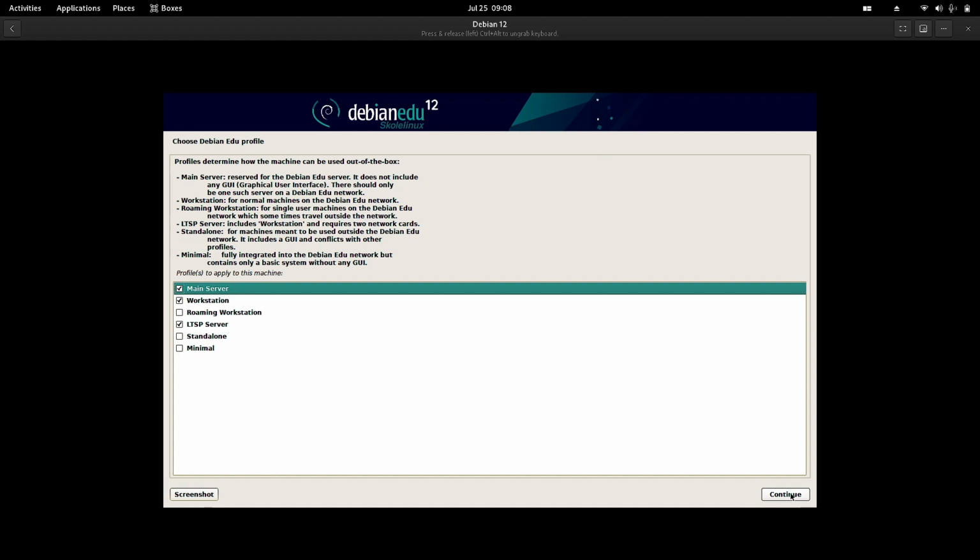Then there is a roaming workstation profile for single user machines on the Debian Education network which includes some time travel outside the network. The LTSP server is there, which includes the workstation profile and requires two network cards. Then there is a standalone profile for machines to be used outside the Debian Education network. It includes a GUI and conflicts with other profiles. So this profile is to be used as a standalone profile without the mix of other profiles on the same installation. And finally, the minimal profile is fully integrated into the Debian Education network but contains only the basic system